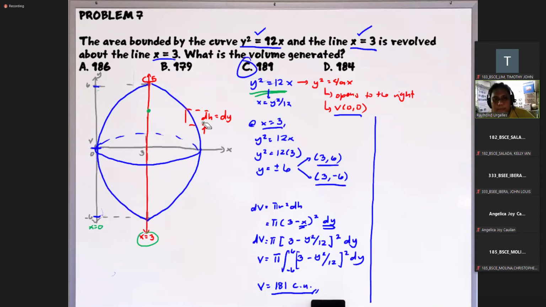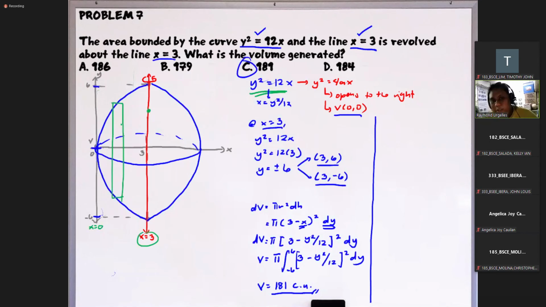Okay. So cylindrical shell, meron tayong dalawang option. So for cylindrical shell, ang gagamitin lang kasi natin doon ay strips, tapos yung strips natin dapat parallel sa axis of revolution. So for example, sa case natin dito, we can use this strip here. Again, we have a strip that is parallel to the axis of revolution.